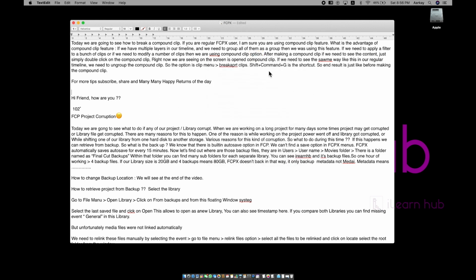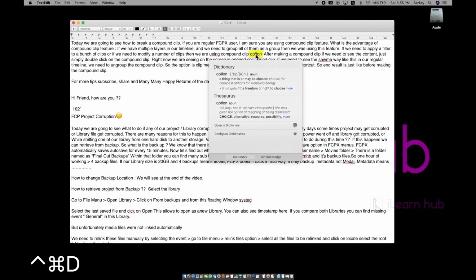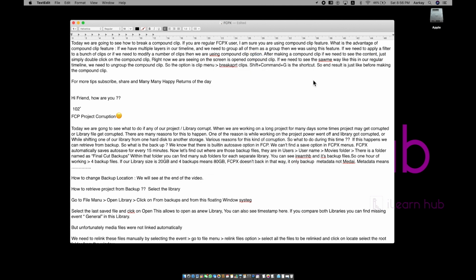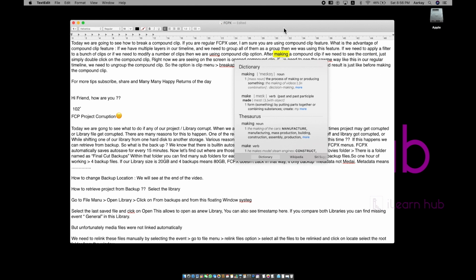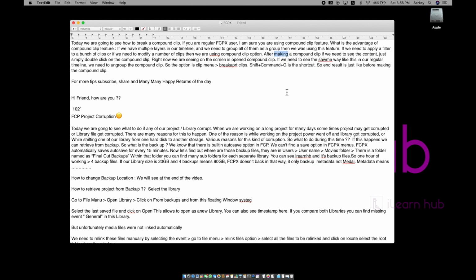So if you don't like to use the right click, Control Command D: select the word, use Control Command D. Okay, in case you are using a latest MacBook Pro which allows you the haptic touch, just hold and wait. The same facility you will get. That means you don't need to use any shortcut here. By using the trackpad you will get that. I mean, you need to press and hold a little extra.